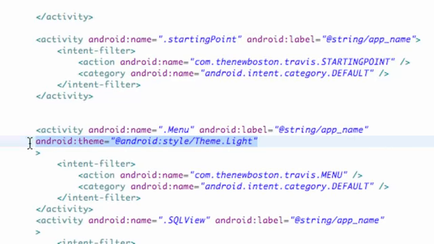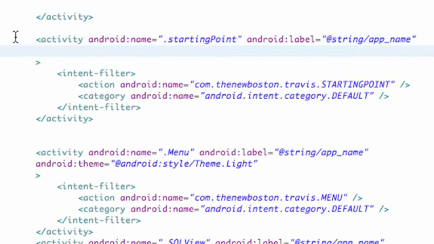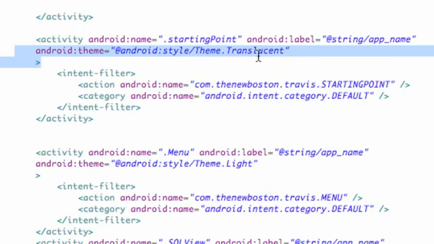I'm just going to copy this line of code and go into our starting point activity, give us some space within the opening bracket here, and paste. What is another one called? Well, we have translucent. I really hope I can spell. I knew I should not have recopied that light one. Alright, so there we go. There's the translucent one. That's the clear background. You can see behind it, all that good stuff. And lastly, at least lastly that I know of, there's one called just black, which is basically just a black background. Sometimes by default